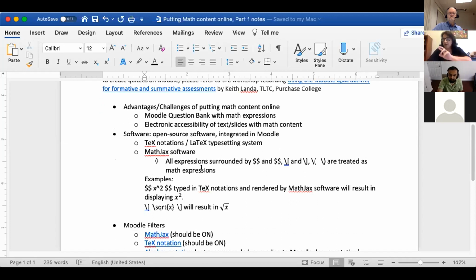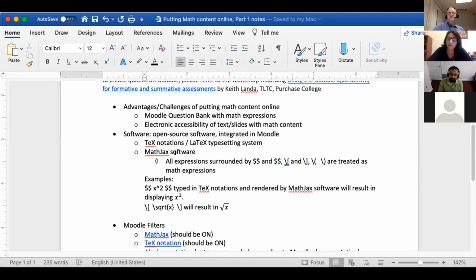For example, all expressions that are surrounded by, for example, a double dollar sign, or backslash square bracket open and close, or backslash and parentheses open and close. Everything between these symbols, when MathJax analyzes, it knows that everything that lies within these symbols means there should be a mathematical formula. Now, here's a quick example. Double dollar sign, x, caret 2, and double dollar sign. When it's typed in using only keys on my keyboard,